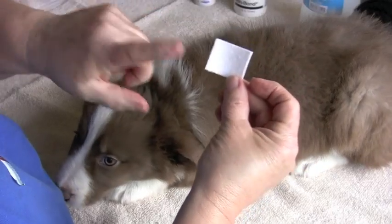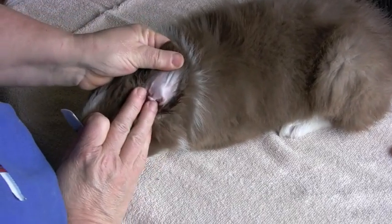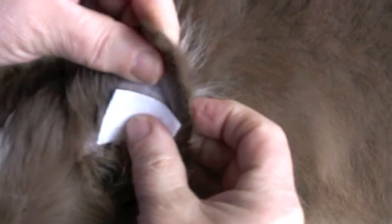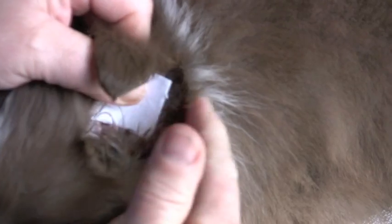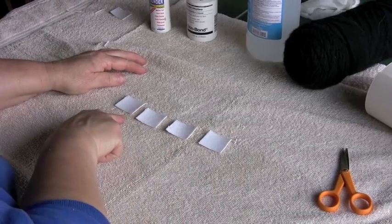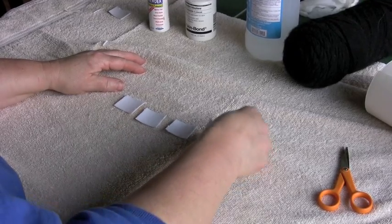Okay, stop it. Okay, you're going to cut the moleskin, and the moleskin should be the size that, if you want them to tip, which is what I want them to do, here is the button. I'm going to rest it just above that button and pretty much have the width go almost the width from edge to edge, and the height of it should be where probably half the height of the ear where you would like it to tip. Okay, so what you do is you make 4 identical pieces of moleskin,